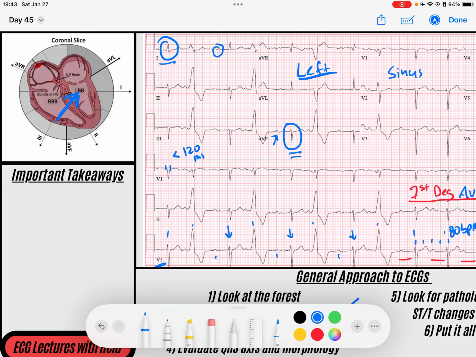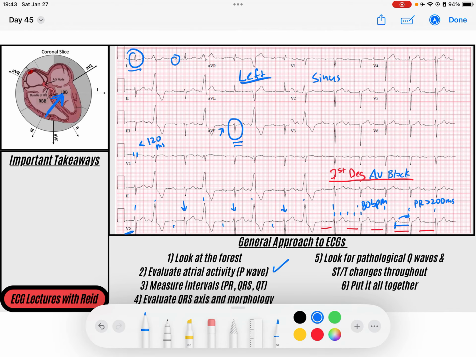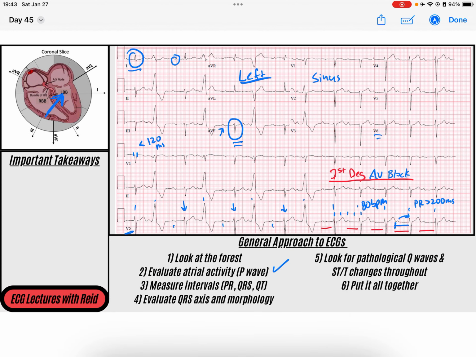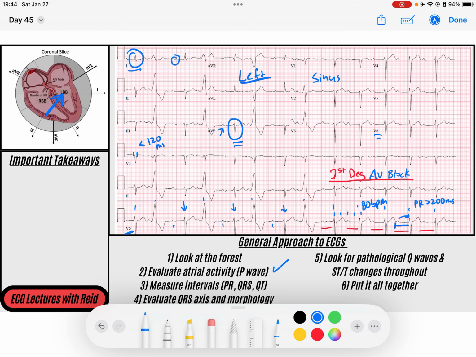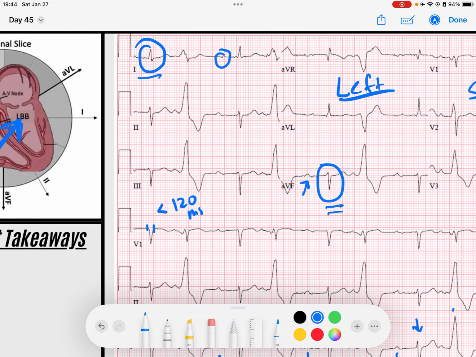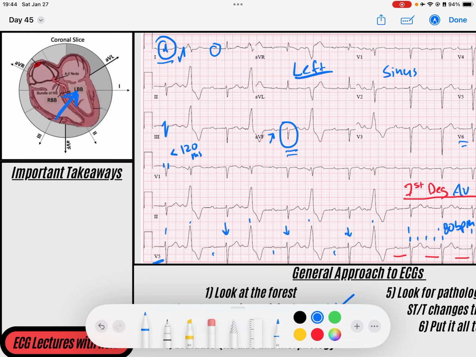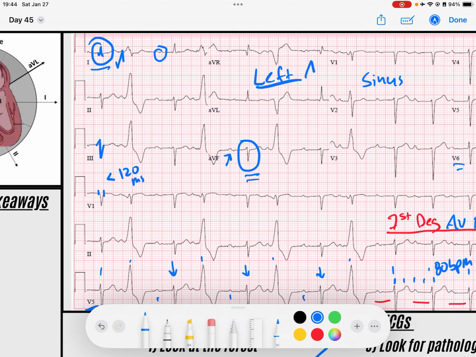So I know there's not bundle branch blocks. I don't see an incomplete bundle branch block, and left bundle branch block would create left axis deviation. When I look over my lateral leads, I don't see an R prime in V5, V6, lead 1, or AVL. But I do see that in lead 1 I've got this QR pattern, and I've got this RS in lead 3. And so that is criteria for a left anterior